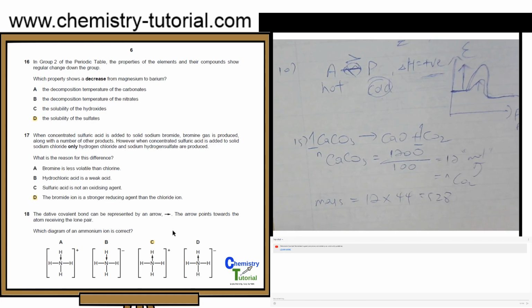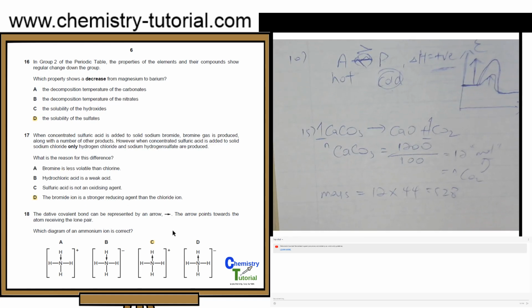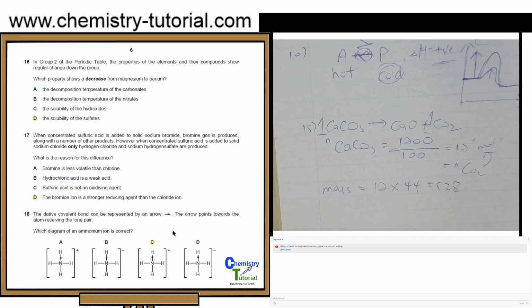For question 16, in group 2 of the periodic table, the properties of the elements and the compounds show regular change down the group. Which property shows a decrease from magnesium to barium? For options A and B, we have the decomposition temperature of carbonates and nitrates. However, the explanation for both is the same. Let's just use carbonate as an example. So if you compare magnesium carbonate versus barium carbonate, we are going to use this explanation,